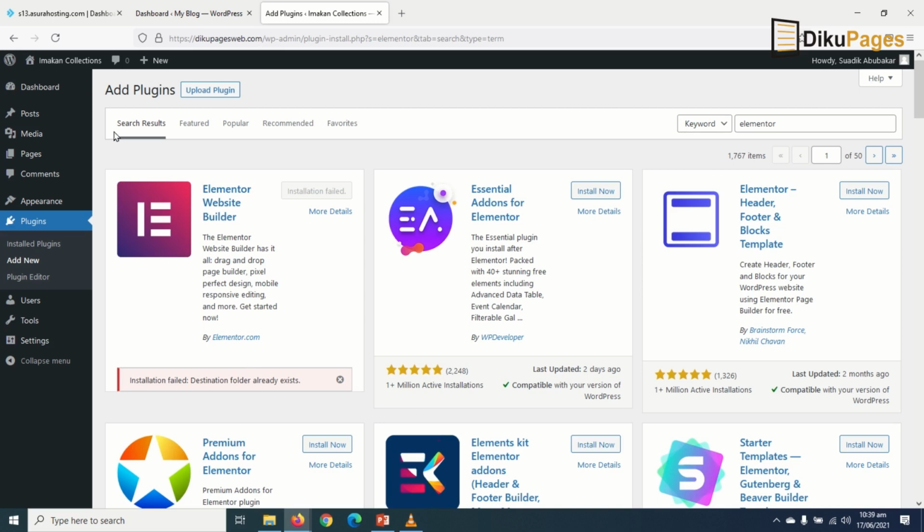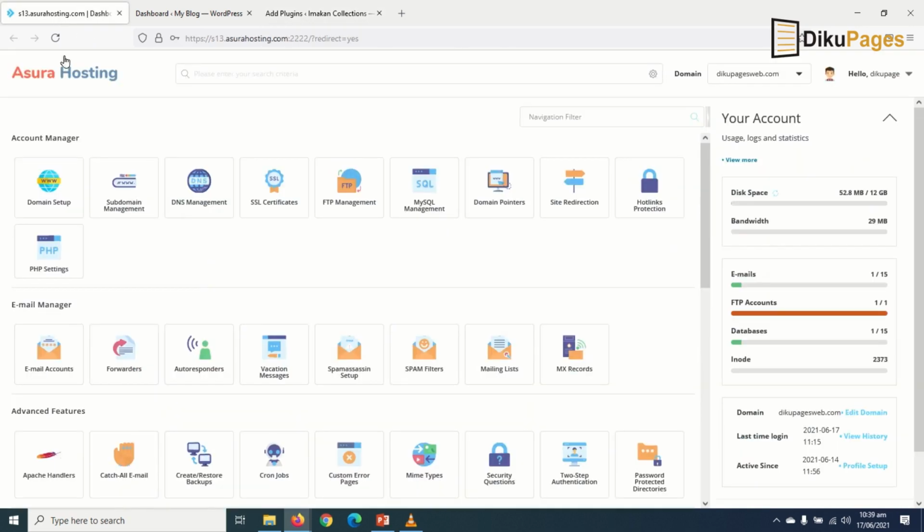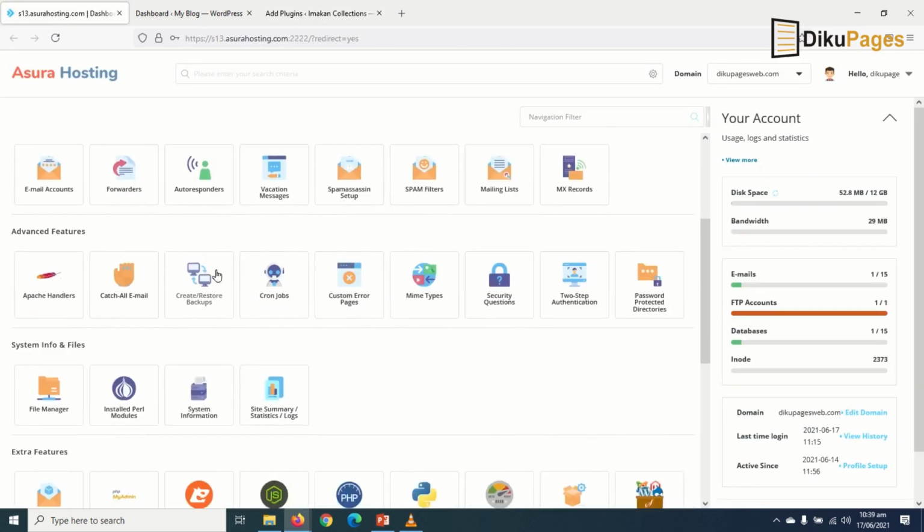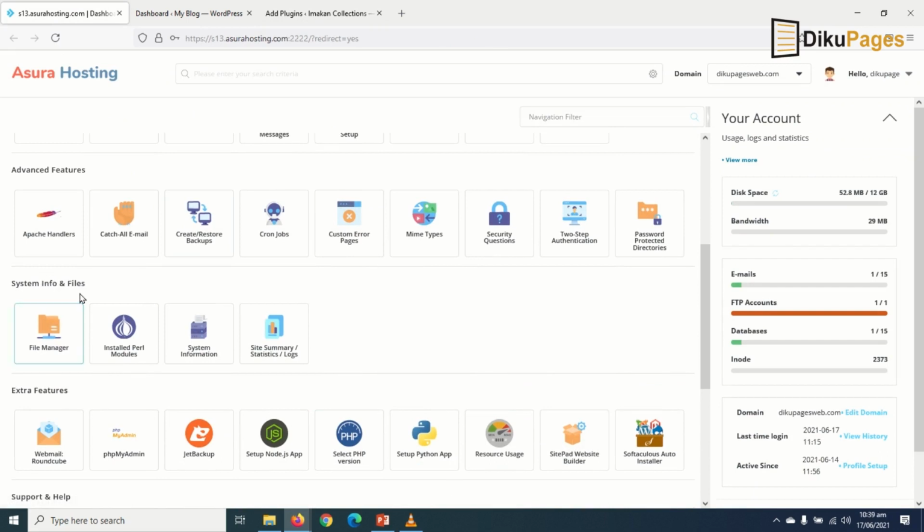So to do that, I'll go over to my hosting account. I scroll down to System Information and Files, depending upon the kind of hosting you are using. I am using Asura hosting,